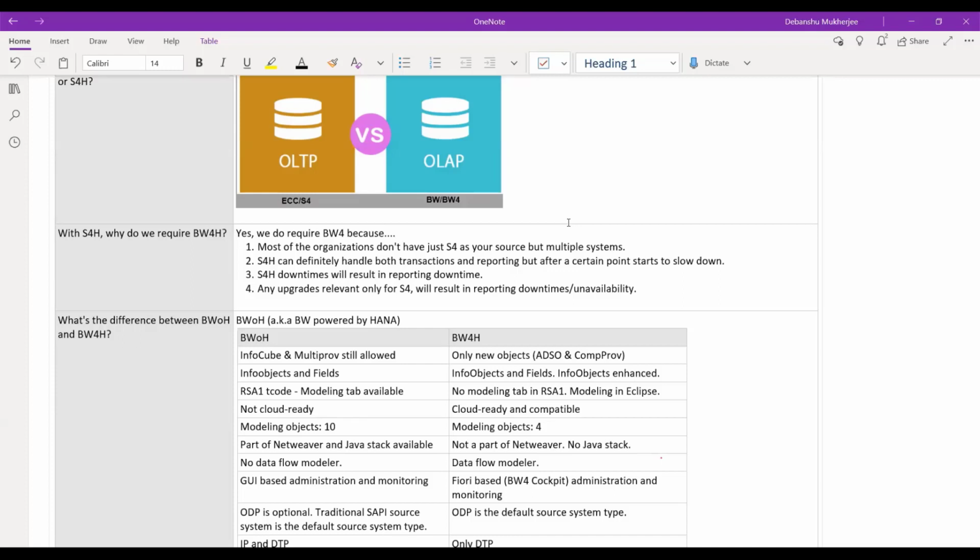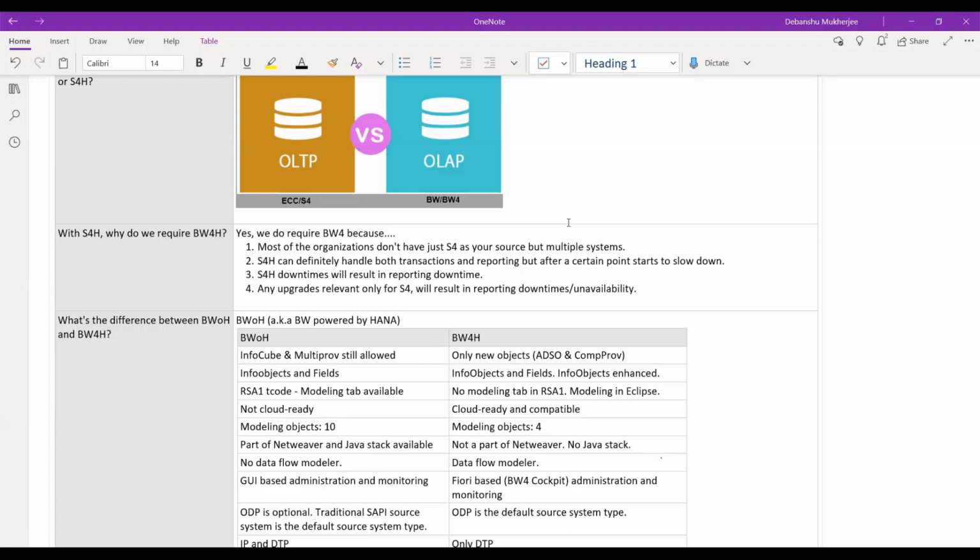But over time, when the volume increased, when the number of users increased, and a lot of people are now asking for reports, not just a report from sales and distribution only or for finance only, but they're asking to combine these areas and then give me a report. Then what we witnessed was that S4 started to slow down. So even though S4 is very powerful, it cannot handle a multi-billion dollar organization's reporting needs and the volume. So that's why even though S4 is strong, it is always recommended that you have a different data